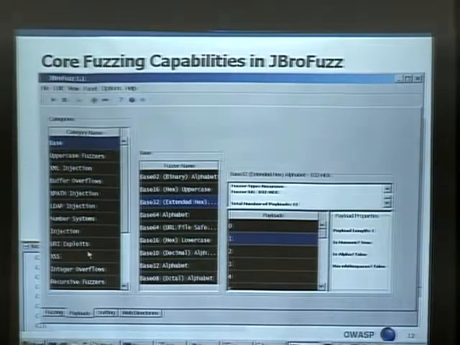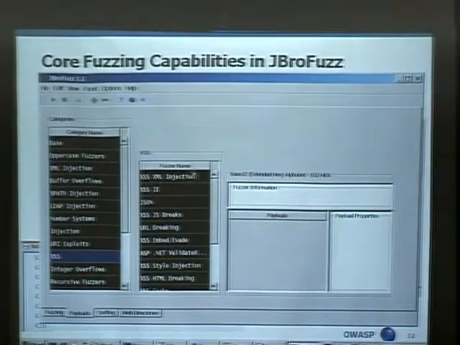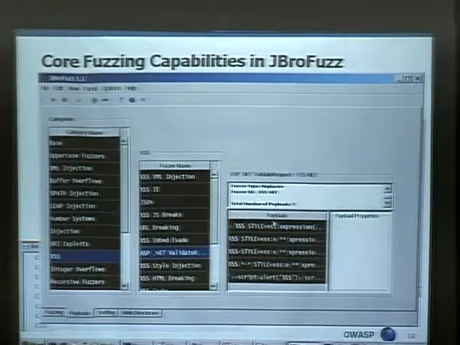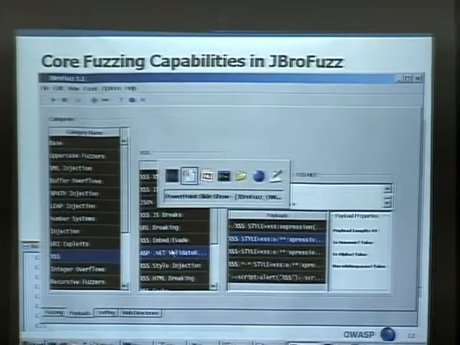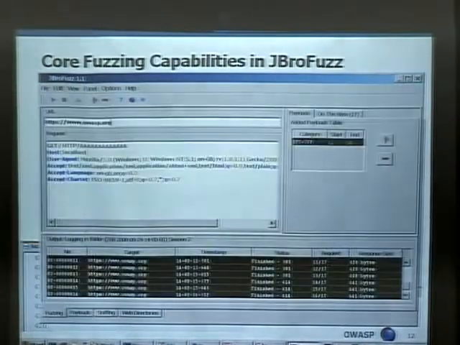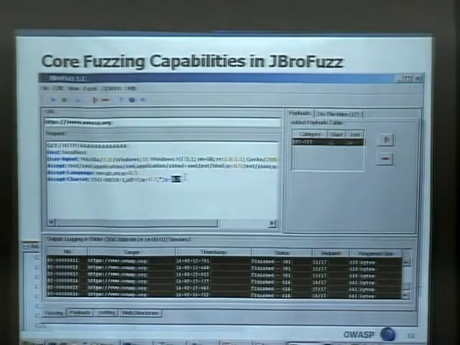But if we look at the cross-site scripting category, for example, all of a sudden you'll see, let's pick ASP.NET validation requests, recently broken. Okay, and here you have the exact payloads that you need. So here's a replacive fuzzer, whereby at the click of just adding this particular ASP.NET validation request fuzzer to a particular section of our request that we're sending here, we can very easily check for ASP.NET validation if it's broken on a particular